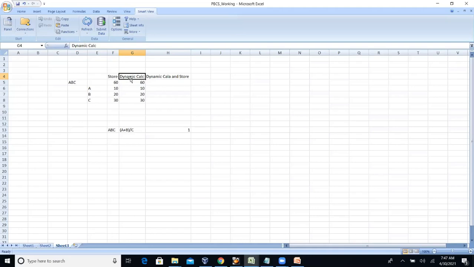For example, stored data takes 0.2 milliseconds, and dynamic calc data takes 10 milliseconds. The main disadvantage of dynamic calc data is that it will impact the performance during the calculations and during the retrieval. Coming to store members, calculations and retrieval are fast.